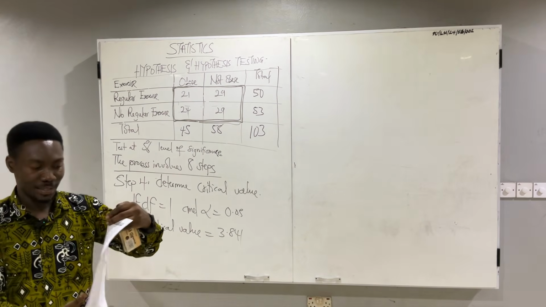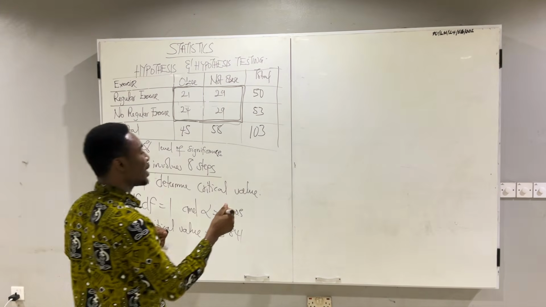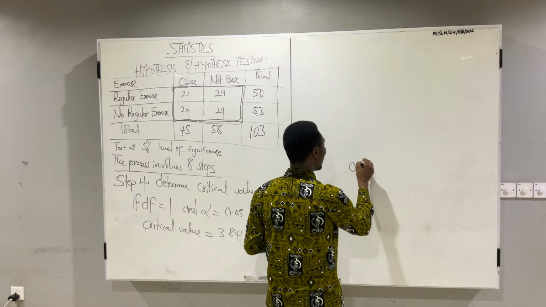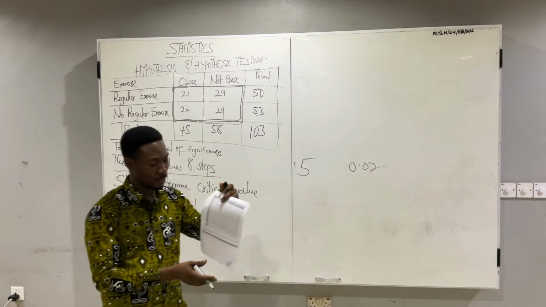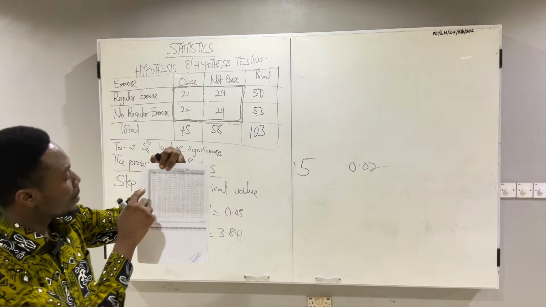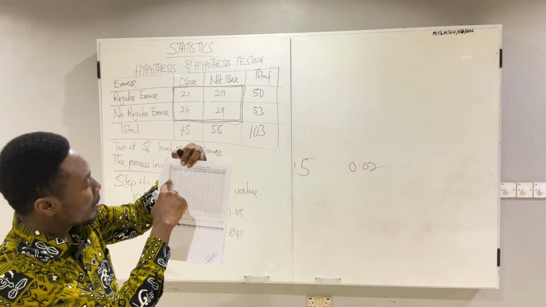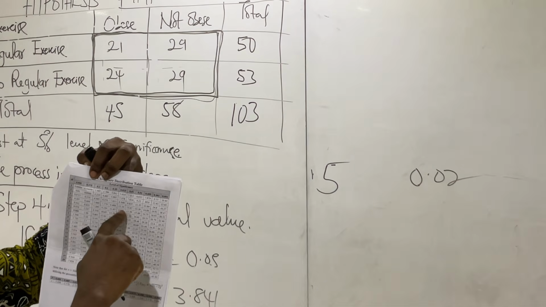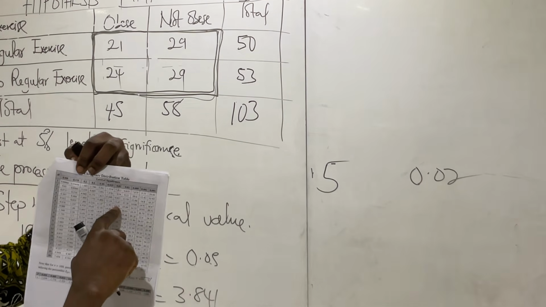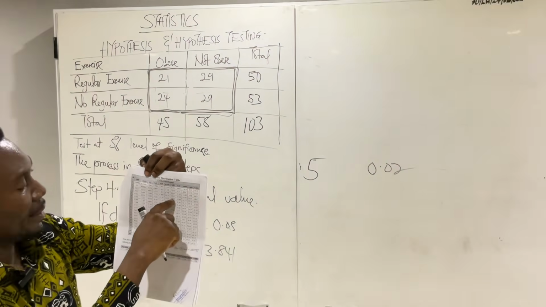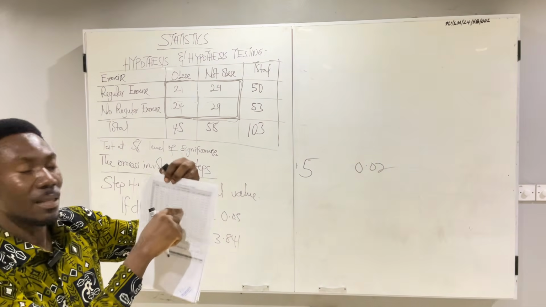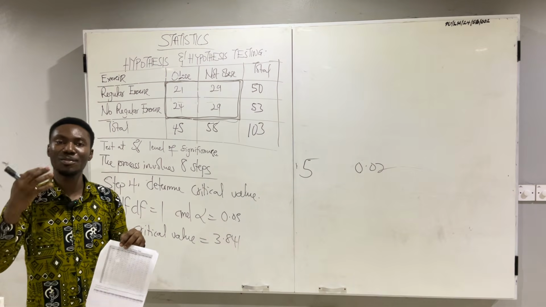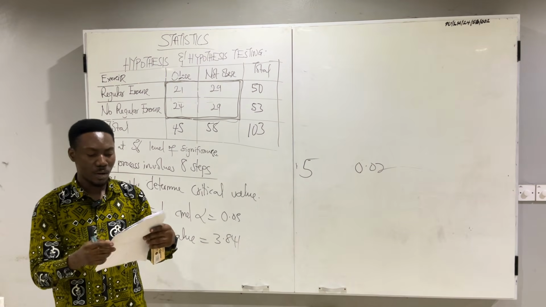Let's assume df is 5 and alpha is 0.02. Let's do this example. That will give us 13.39. And we can ask you a question in statistics: on the chi-square distribution table, what is the